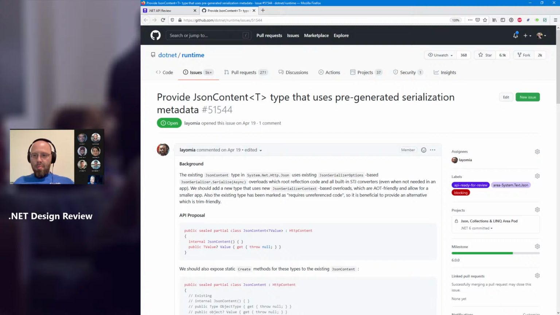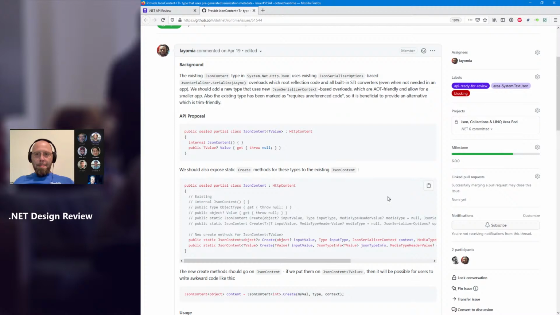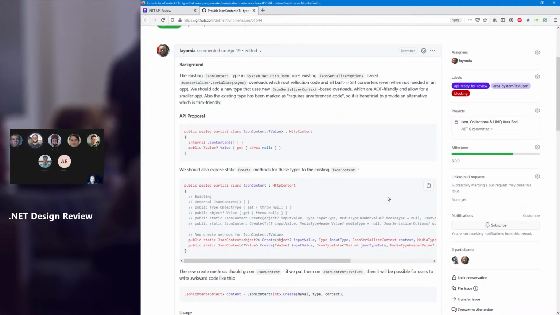Provide a JSON content of T type that uses pre-generated serialization metadata, 51544. So so far in .NET 6, we've been introducing a new pattern for JSON serialization, where this source generator generates type metadata that the serializer uses to perform the serialization of types. And this metadata is stuff that in 5.0 and previously the System.Text.Json serializer was generating at runtime using reflection, and that has been pushed to compile time, which gives benefits of